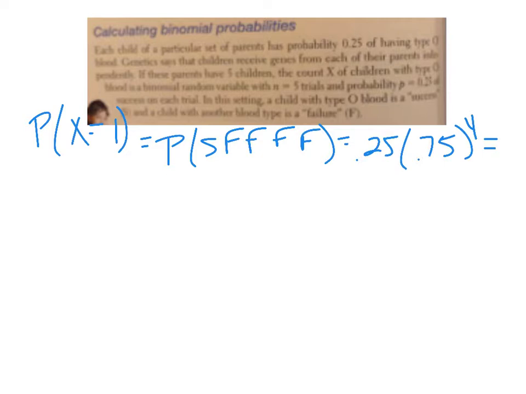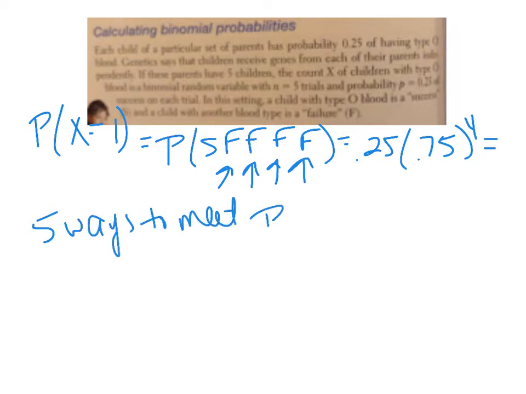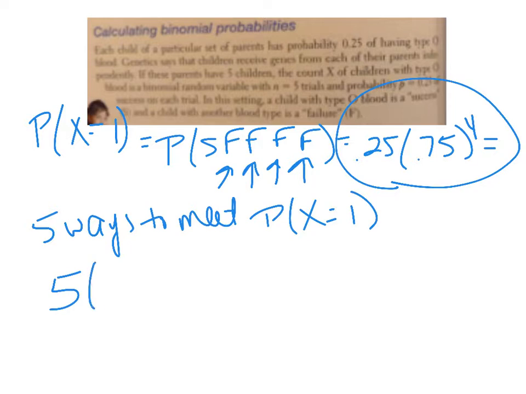Then what I need to keep in mind is that I also have to consider that the success could be the second one, the third one, the 4th one, or the 5th one. So basically, I have 5 different ways to meet the criteria of the probability of x equals 1. So my answer is not going to be just this. It's going to be 5 times 0.25 times 0.75 to the 4th power, which is going to give me a probability of